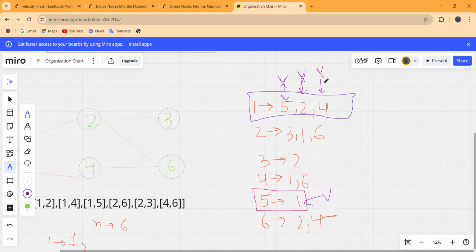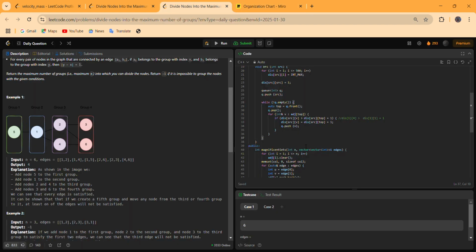The previous v got discarded, and this v will now receive 1 as the input argument, and this will check if DIS of 1, that is src, is still 1, and this v is now 1,